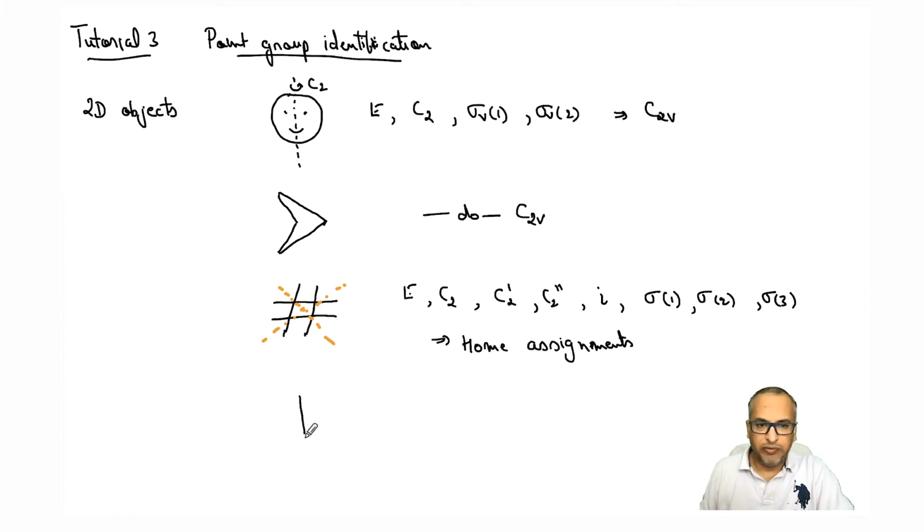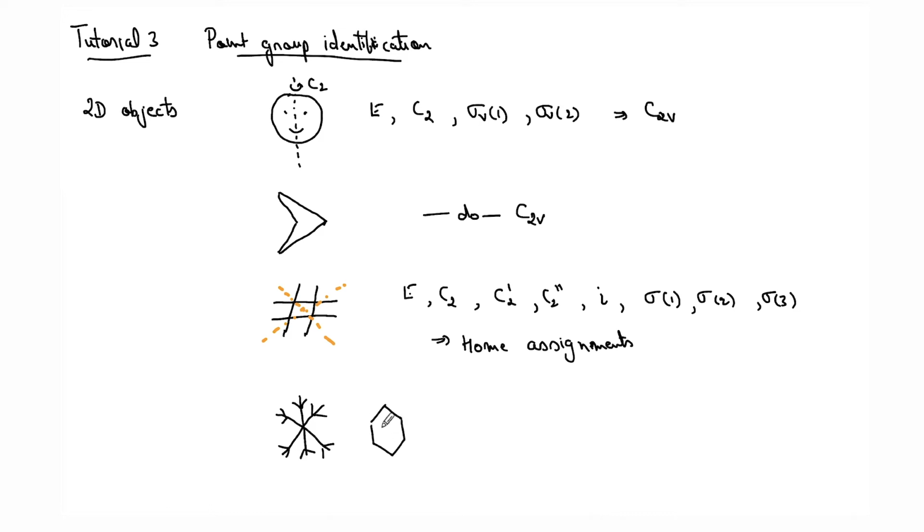Now let's take another example. What we have is a snowflake. It looks something like this. If you look carefully, you will see that it will have a C6 axis. It's almost like the benzene case. So it has an order 6 symmetry. It will have a C6 axis, which is perpendicular to this, I, sigma h, and so on and so forth. So what will be the point group?